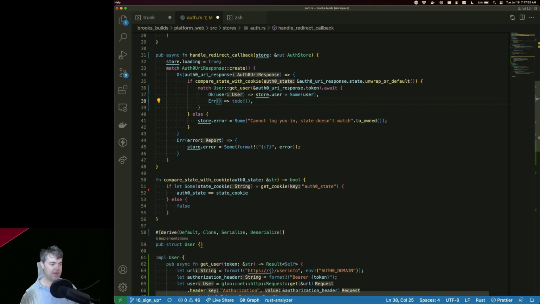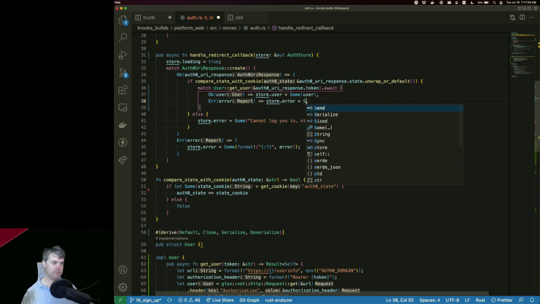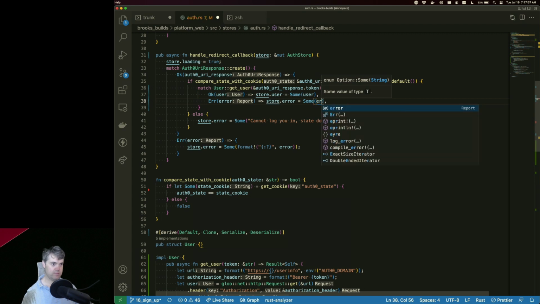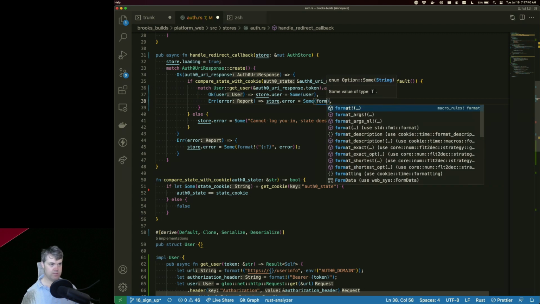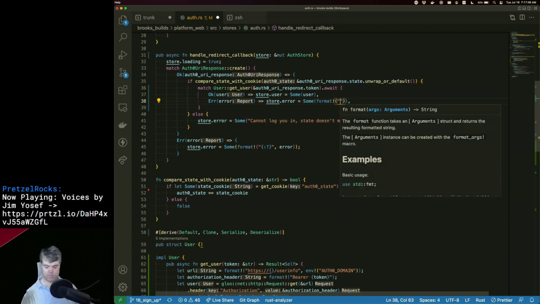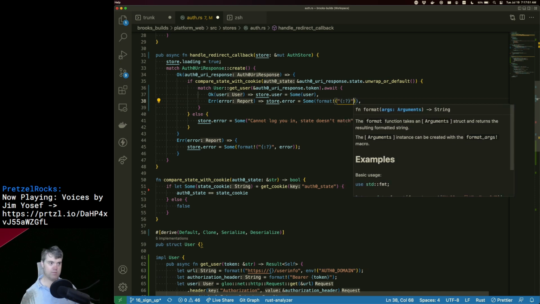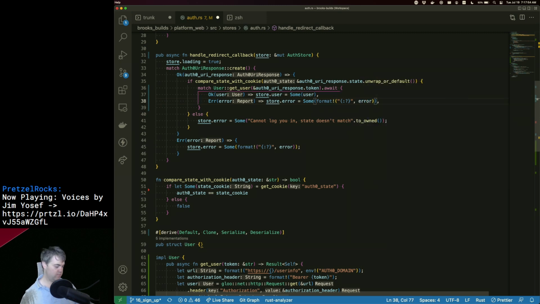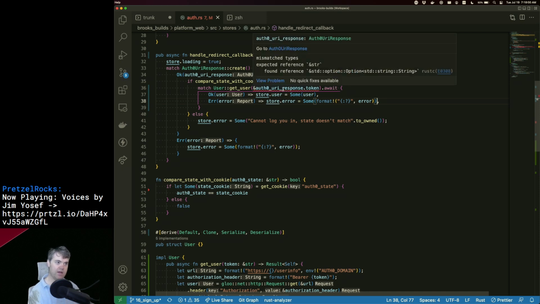if you get an error, I want to store that away in the error here. Expected reference to a str, found a reference to an option string.